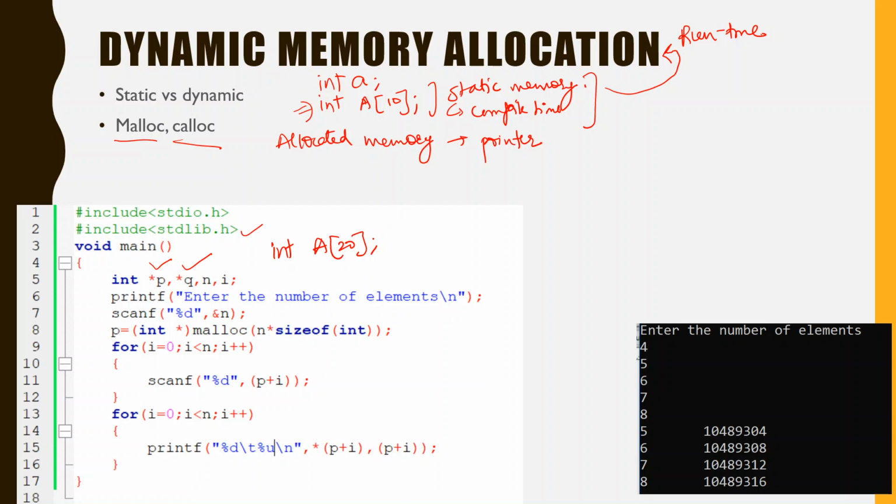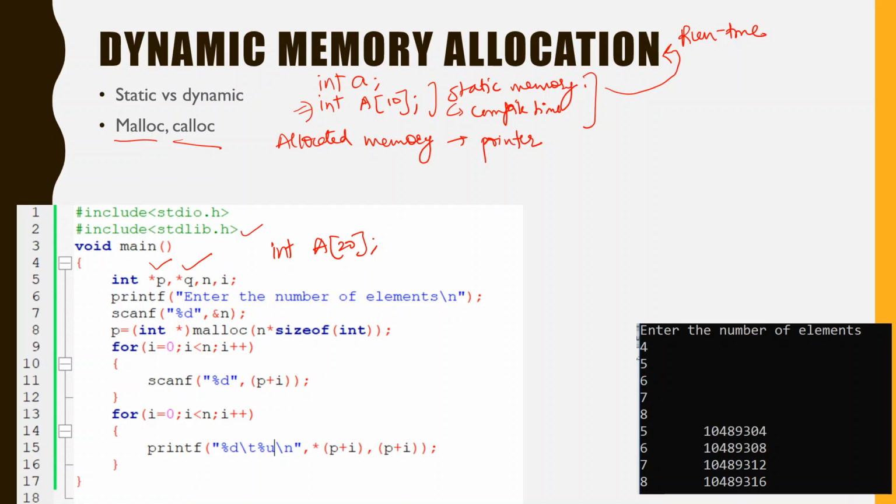If the user wants to store only 4 elements, then the remaining 16 spaces which have been statically allocated would get wasted. And what will happen if the user wants to store 40 elements? There is not enough space available, and this space needs to be contiguous also. So the remaining 20 elements would not be stored here. Whenever the number of elements may vary in the program, static memory allocation is not efficient. So what is performed is dynamic memory allocation.